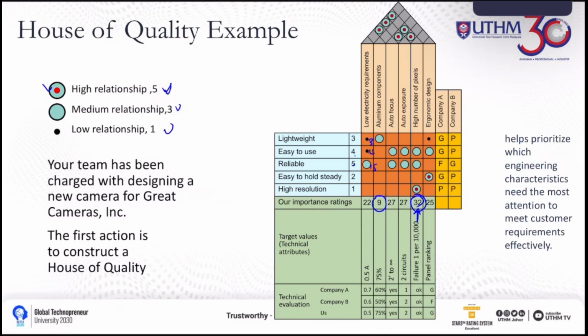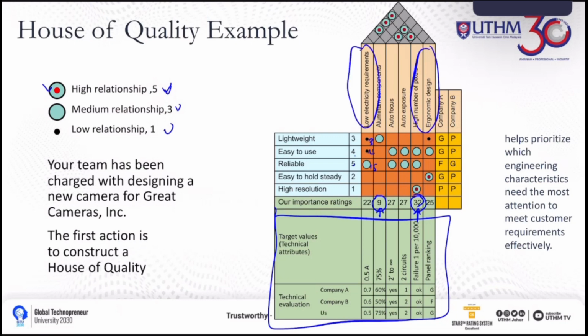And then it's come to the least one, which is the least function, the aluminium components. So when you design your product, so these are the last function to be put in your product design. Okay, so now under here is all about the engineering team. So they know what are the target value for these functions. Okay, for example, your camera, so this is the standard target for each of the functions.